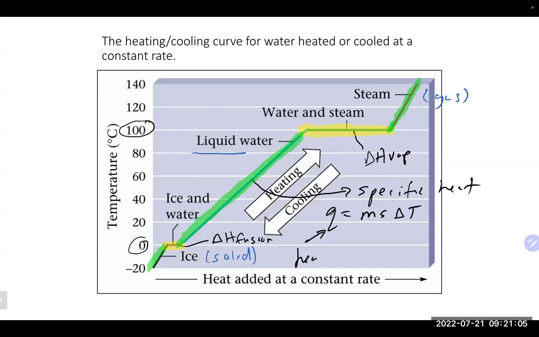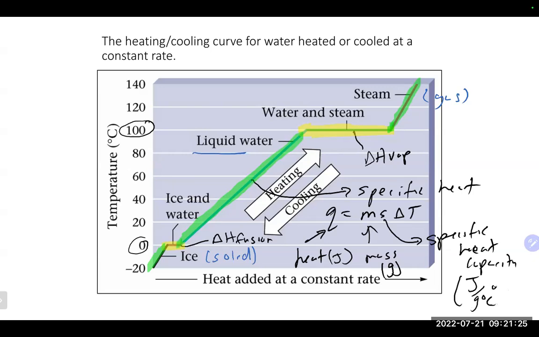Q is the heat or energy, and that's usually in joules or calories. M is mass, which is usually in grams. S is the specific heat capacity. And that usually has units of joules per gram per degree Celsius or calories per gram per degree Celsius. And delta T is the change in temperature, which is our final temperature minus our initial temperature. And it is one of the few things in chemistry that you actually could leave in degrees Celsius. So we would use that equation to figure out the heat or energy